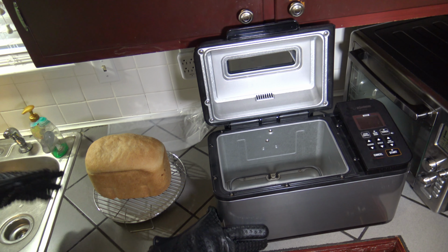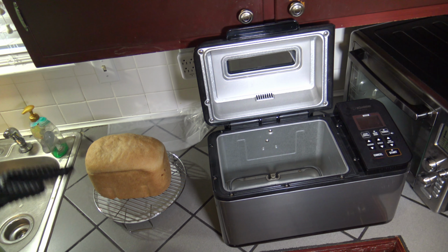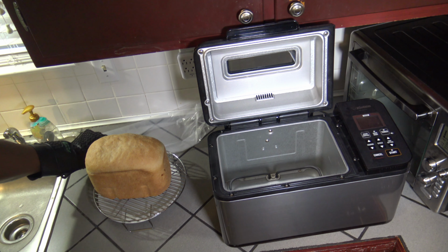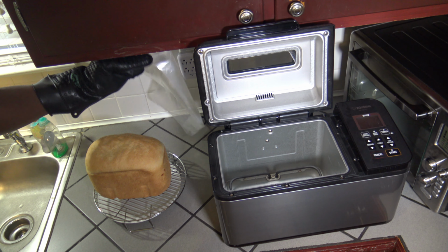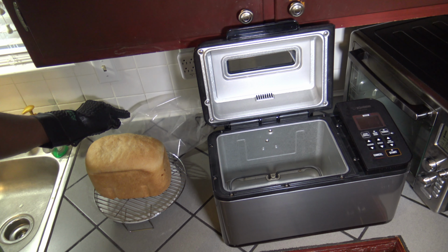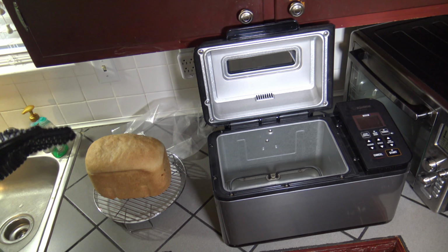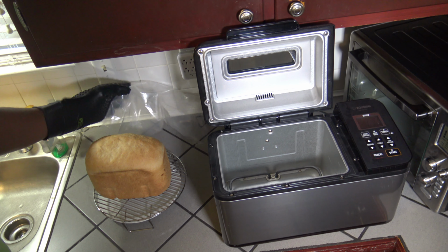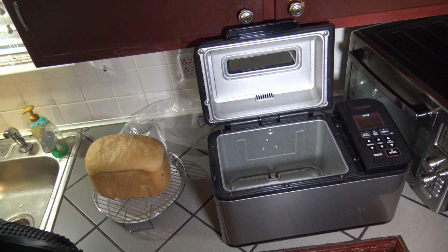Now there's some important stuff to take note of when it comes to cooling your bread. After you let it cool on your cooling rack for about an hour, I take one of these bags. You can get maybe 100 of these bags or so from Amazon or something. You can basically get bags for homemade bread, and you want to get a new bag each time you do a different loaf of bread for sanitary reasons. These usually also come with twist ties, or you can just use whatever twist tie you have. I put it in the bag after about an hour, put it in a cool, dark place so it can just rest